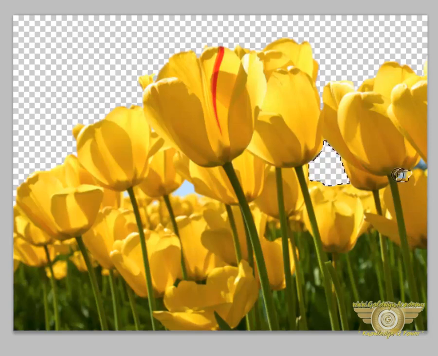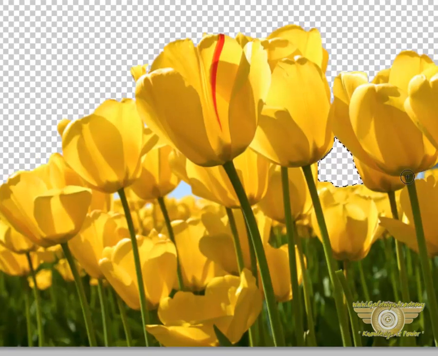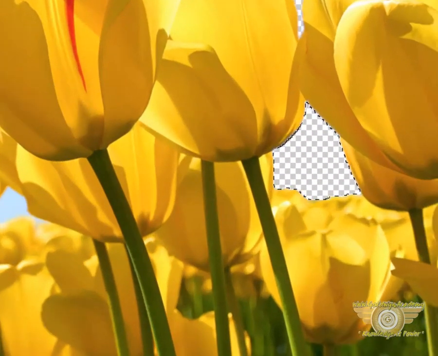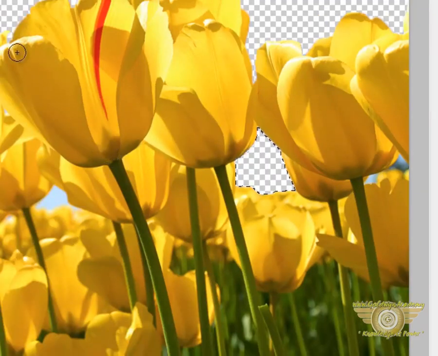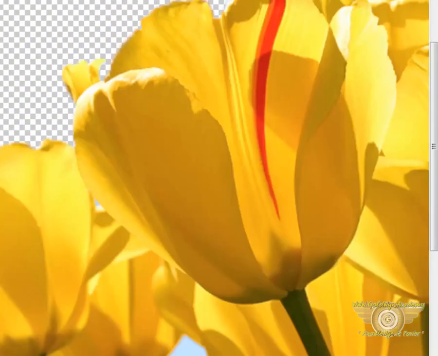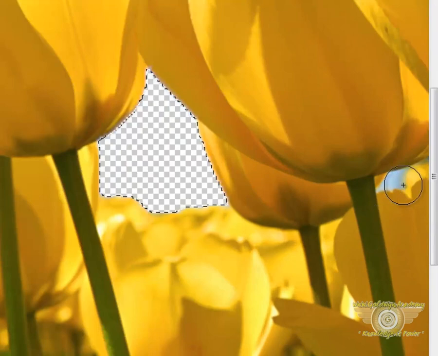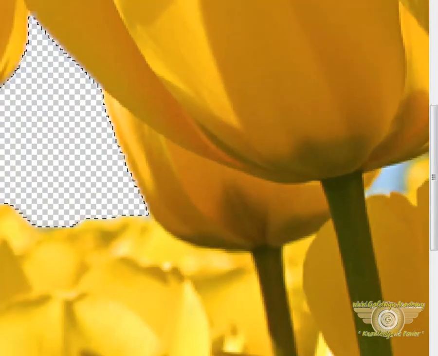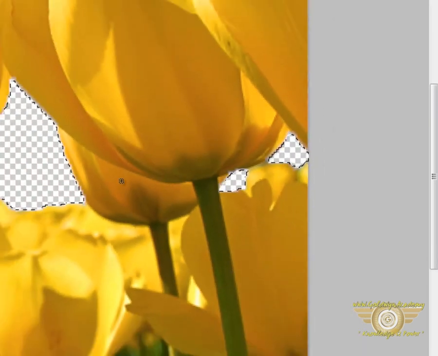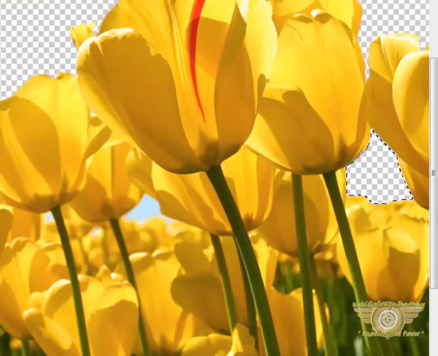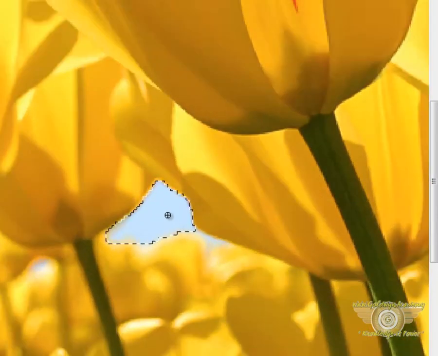As you can see, it selected a very large area which you don't want. We can use mouse scroll to zoom in, and since we did the mouse scroll zooming point as the center, it will zoom wherever we point and it will keep that inside the image. Let's decrease the size of the brush and then click and drag, hit delete, click and drag, hit delete. We can go over here, hit delete,